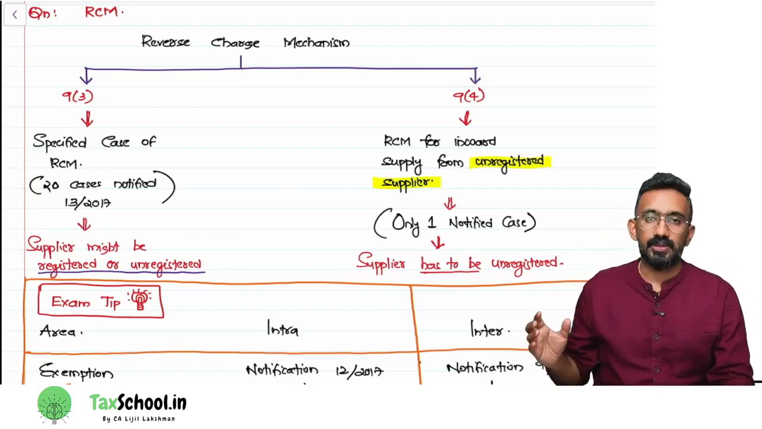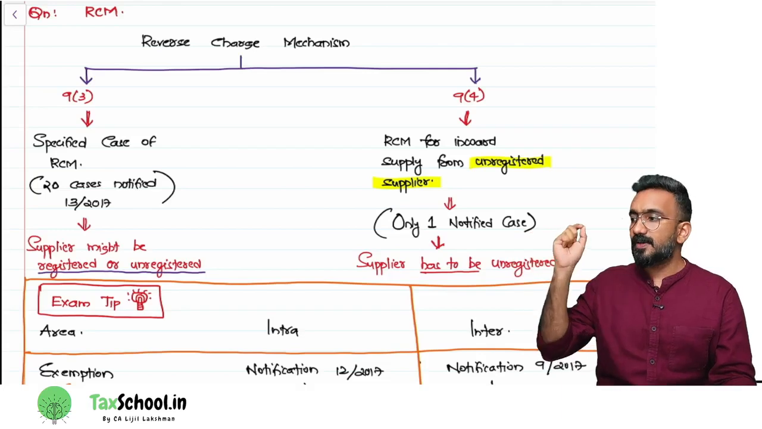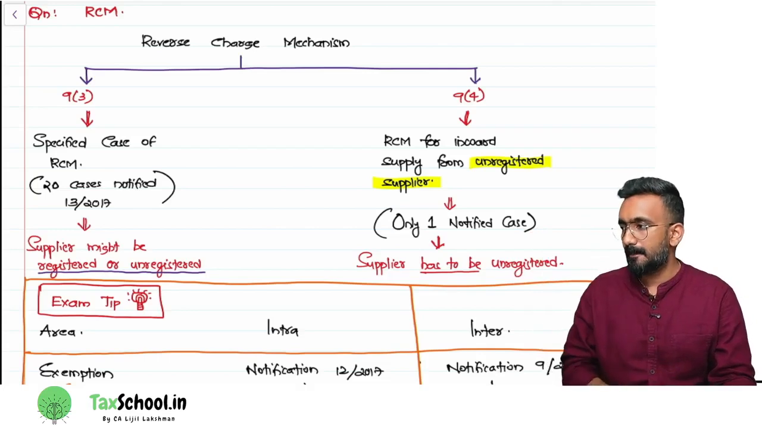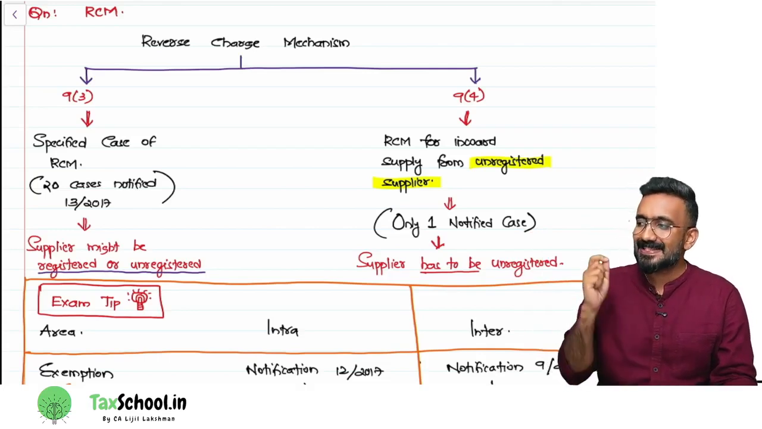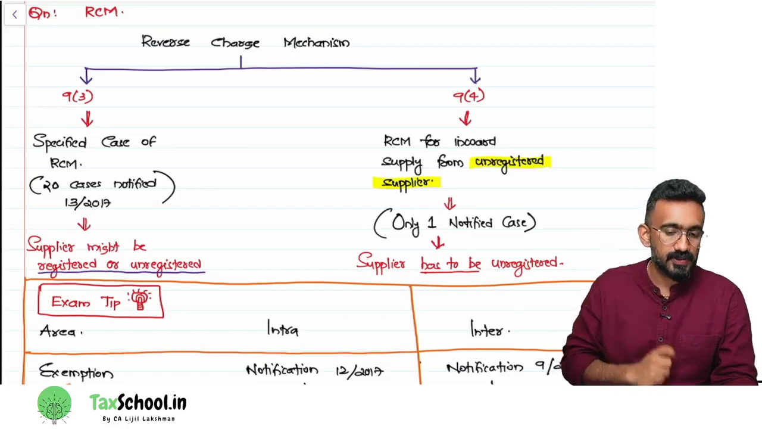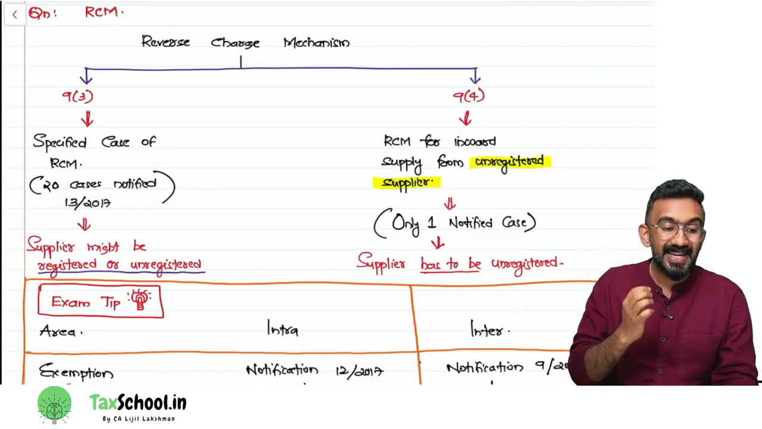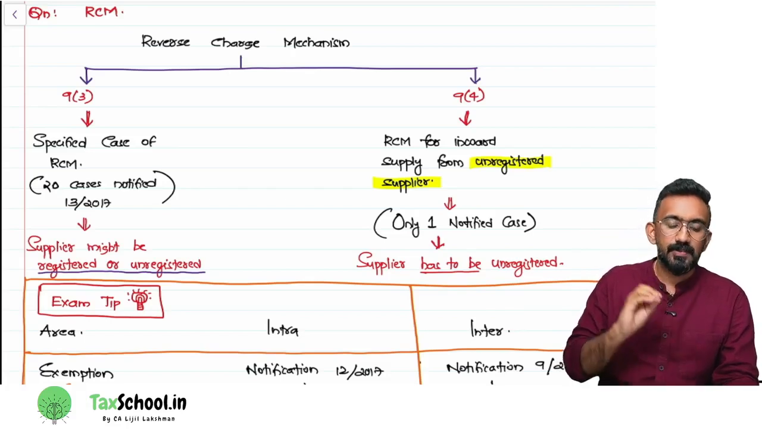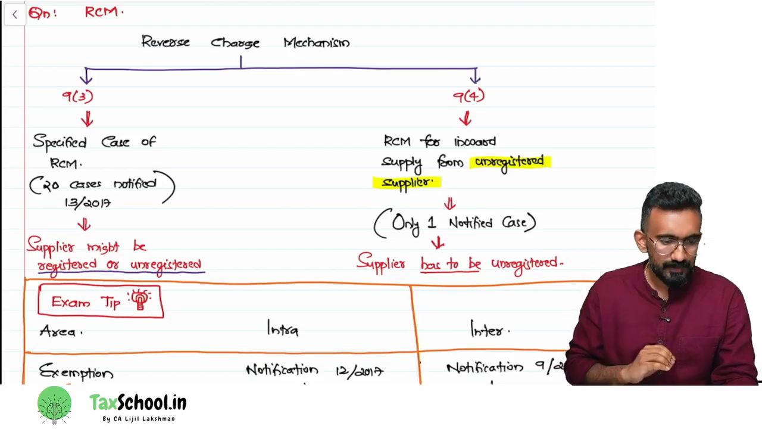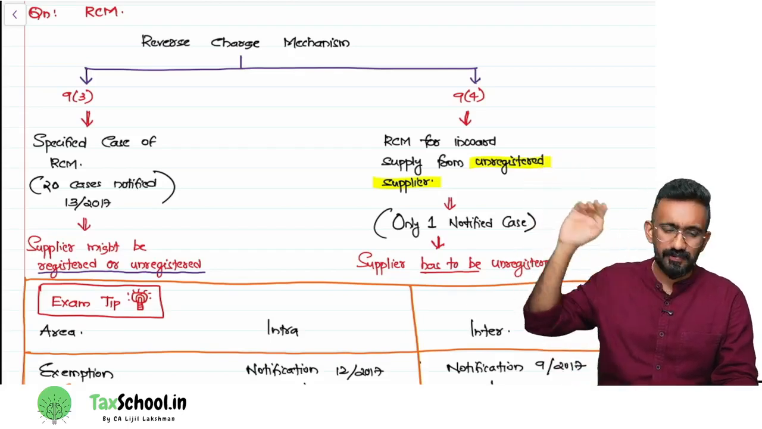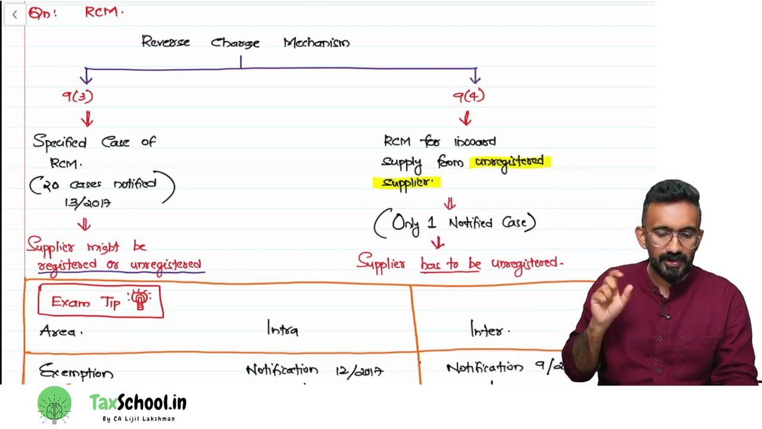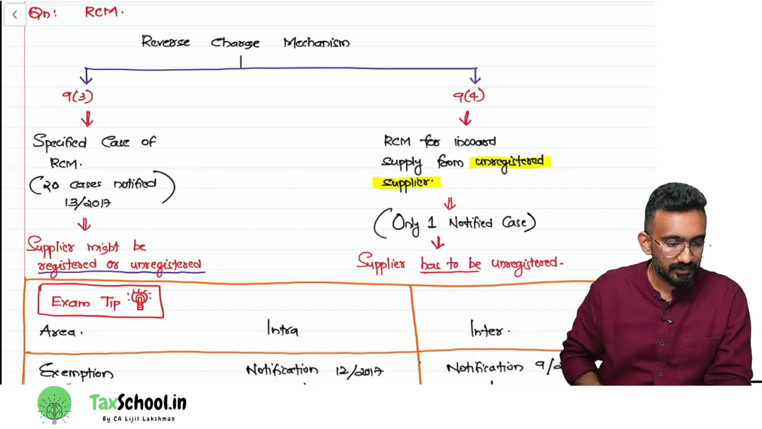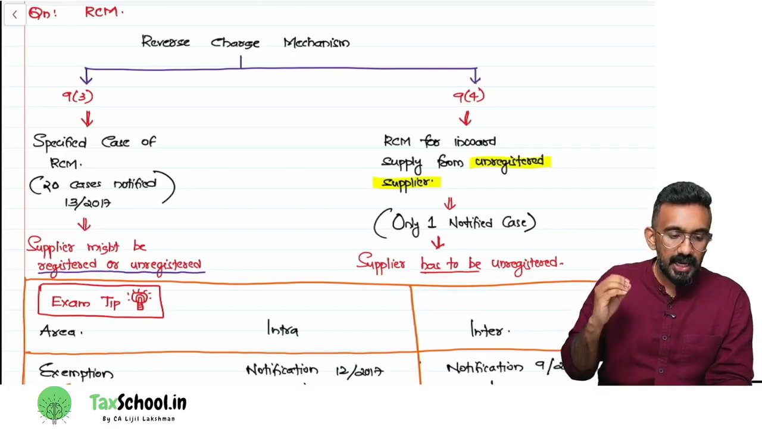But in 9.4, I have called it with the name RCM for inward supply from unregistered supplier. Okay, so in this 9 subsection 4 cases, the supplier has to be unregistered. Only one notified case that we have for us to discuss. If you look at your examination also, they generally don't ask questions on 9.4. They don't ask that notified case. Real estate questions are not there. But 9.3, every exam. Right? In 9 subsection 3,